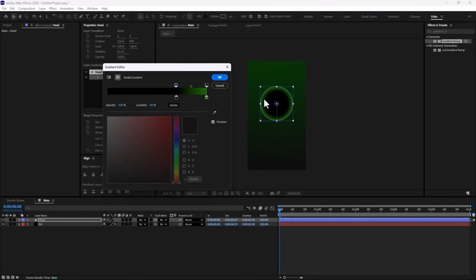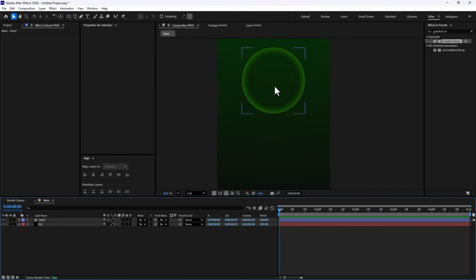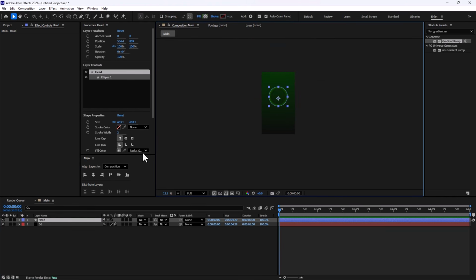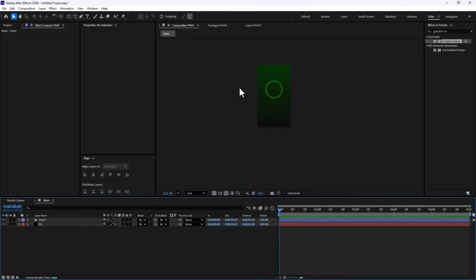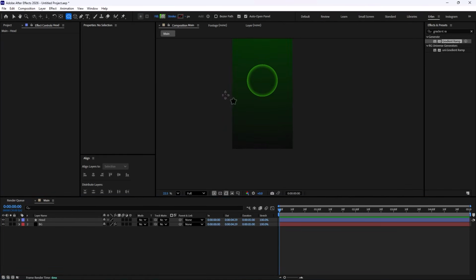Now, if you want to hide this black background in here, all you need to do is select the opacity indicator and turn the opacity down to 0. Now, as you can see, we have that gradient that is merging with the background that we have in here. So far, so good. We're going to tune it down, and this is going to be the head of our character. I'm going to select this background and make it a bit lighter so it shows the entire character. And once I've done that, I'm going to select the ellipse tool one more time.